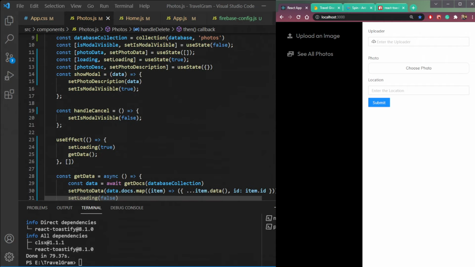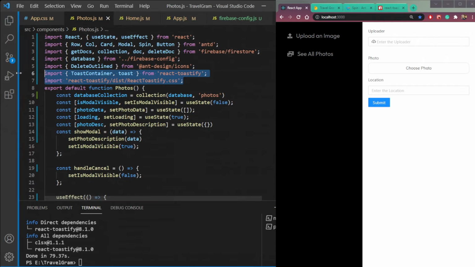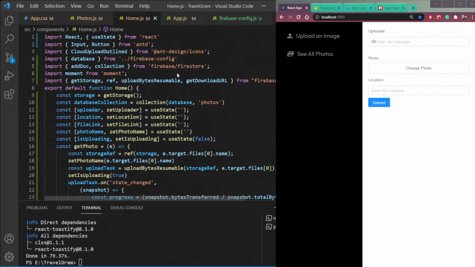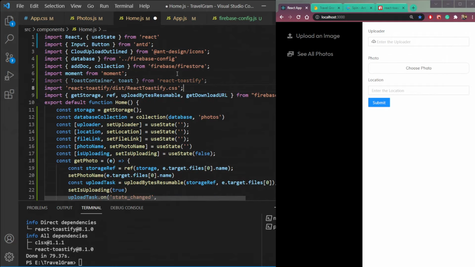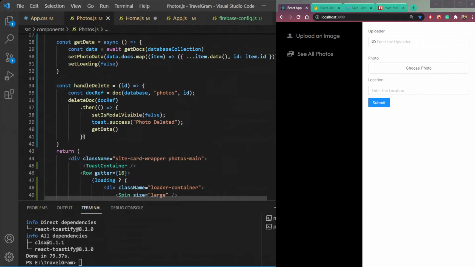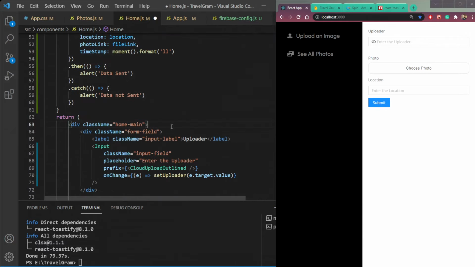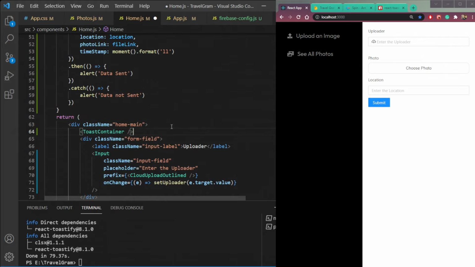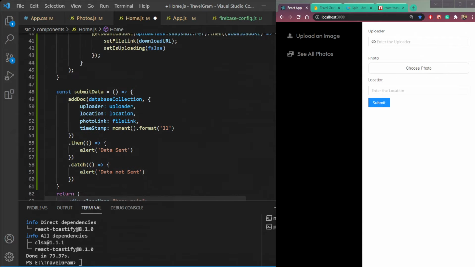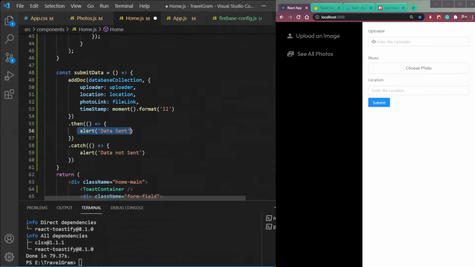And let's do the same for the upload message or create message. So import this toast, the ToastContainer, and then add the ToastContainer component here, and then the message. So the message should be coming from here. We can also replace this alert here.